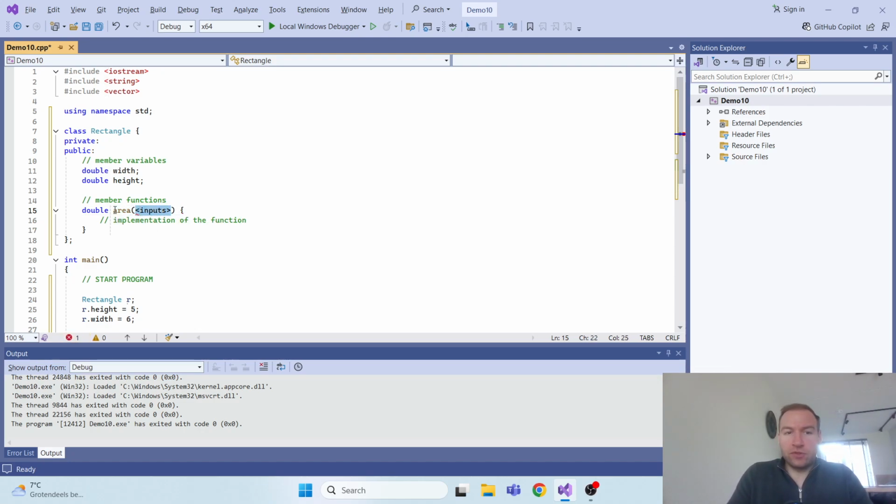and the input we keep empty because a member function is part of the class here, and therefore the member function has access to the width and the height of the class. So we do not have to give the function the width and the height as an input. This function already has access to the width and the height of the rectangle. So again, we do not have to define these as an input of the function because we already have access